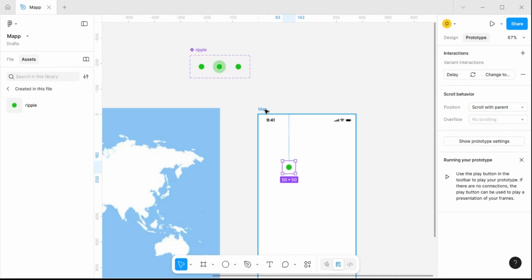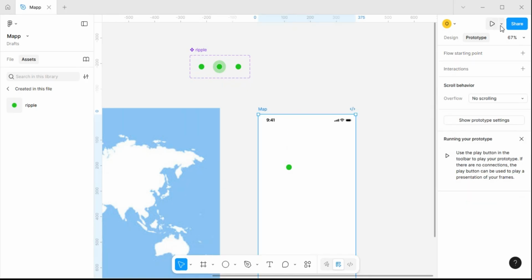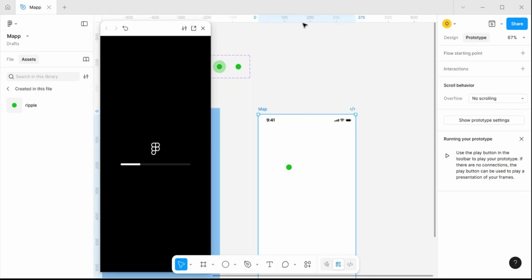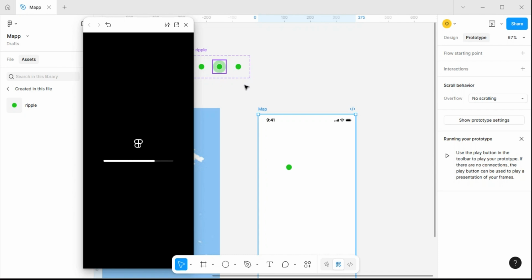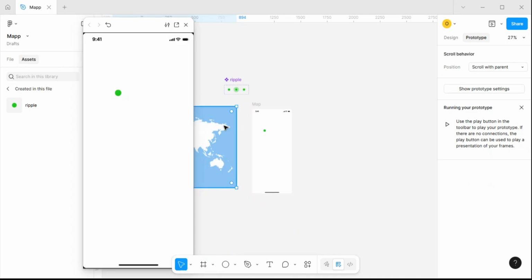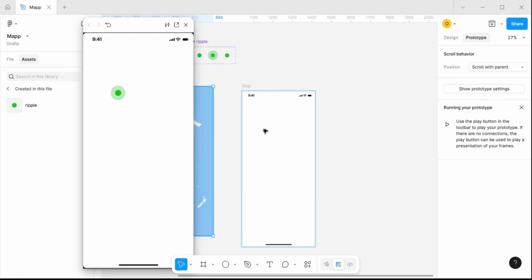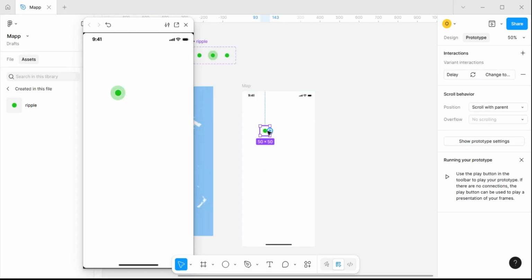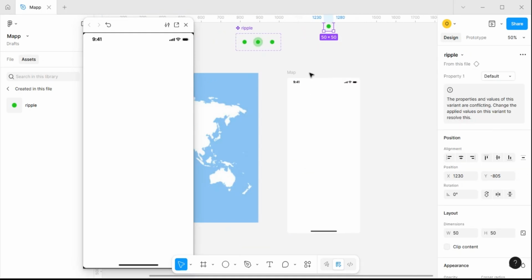Let's see the outcome. Let's display this. Let's confirm if this is working. Cool. Alright, our ripple effect is working, so we can basically switch back, take this out. I already have our map here,